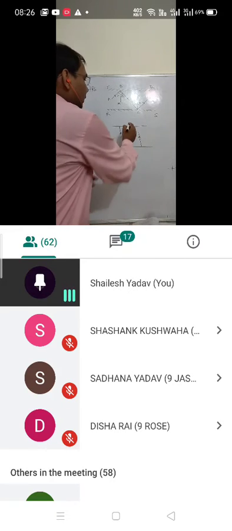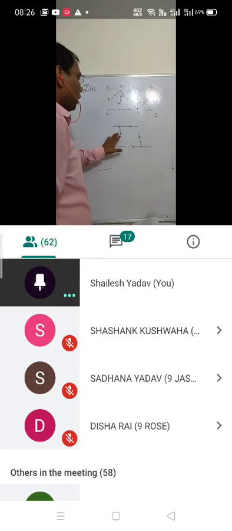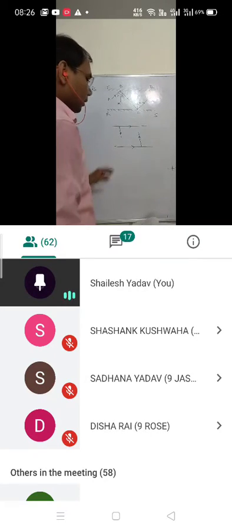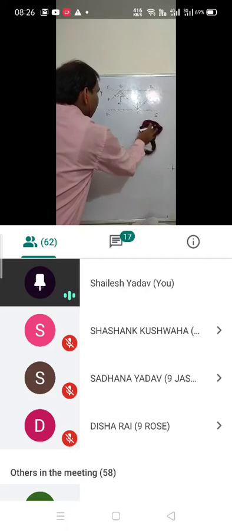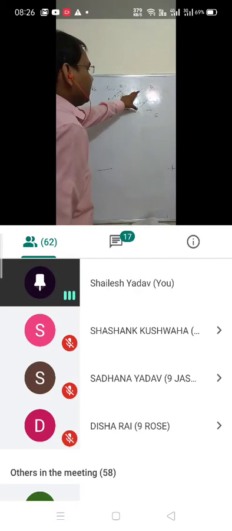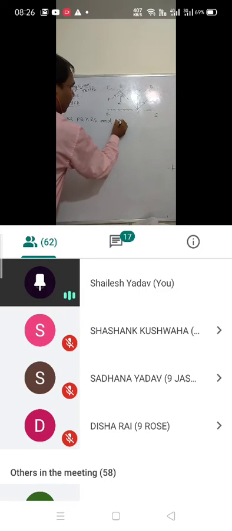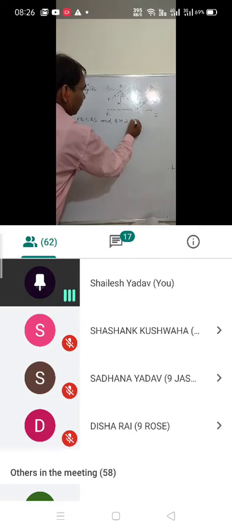So if two lines are parallel, and if you draw the perpendicular on both the lines, then both the perpendiculars will also be parallel to each other. So it means that from here BM and CN are parallel. So here you will write, since PQ parallel to RS and BM perpendicular to PQ and